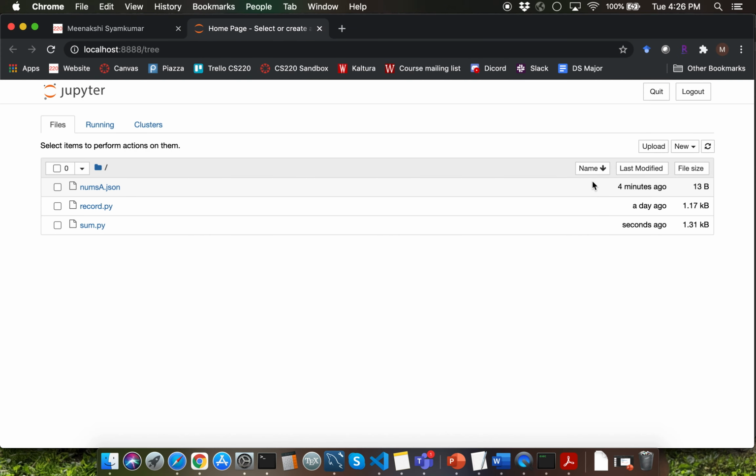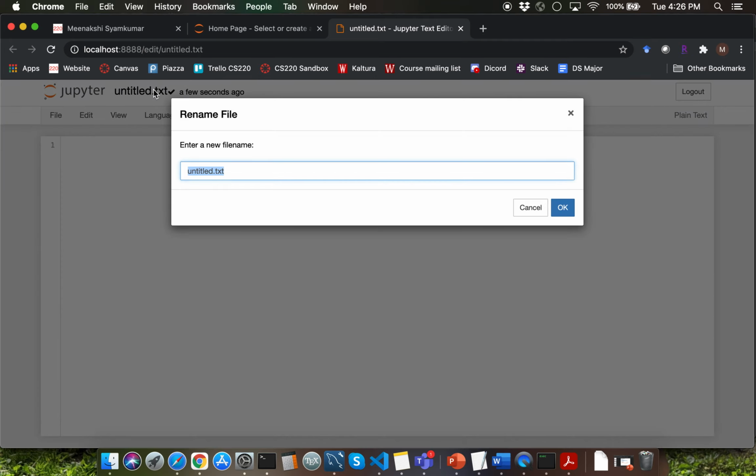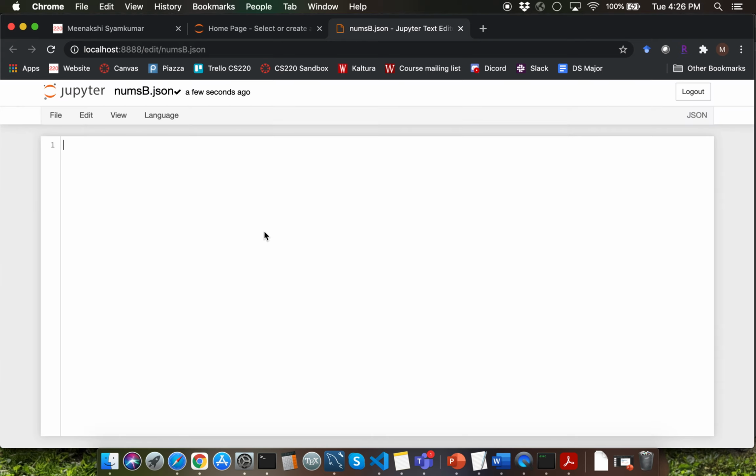Instead of saying new Python 3, we are going to say new text file. Let's rename untitled.txt by left clicking on it, and I'm going to save the file as numsb.json here. Let me click on OK. Now I'll be able to paste the list of integers that I copied from the IDLE window.